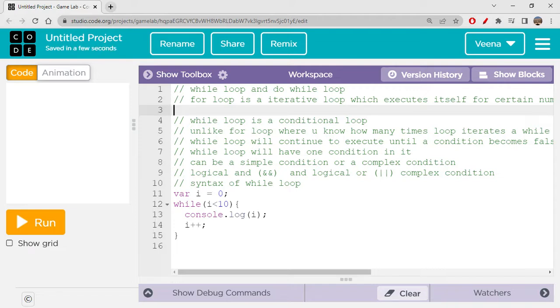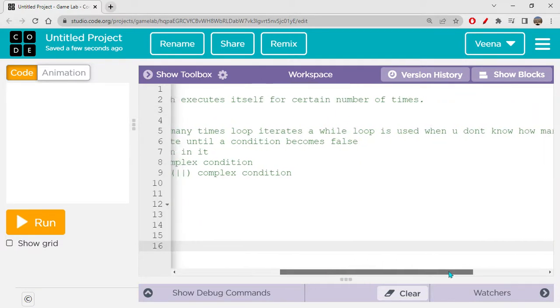Of course, a for loop is also used as an infinite loop, and we saw the syntax and how to use it. Today we're going to learn about the while loop. Why was I discussing the for loop? In a for loop you actually know how many times your loop is iterating, correct? But in a while loop you really don't know that. So the while loop is a conditional loop basically. Unlike the for loop, where you know how many times your loop is going to iterate, the while loop is only iterating itself